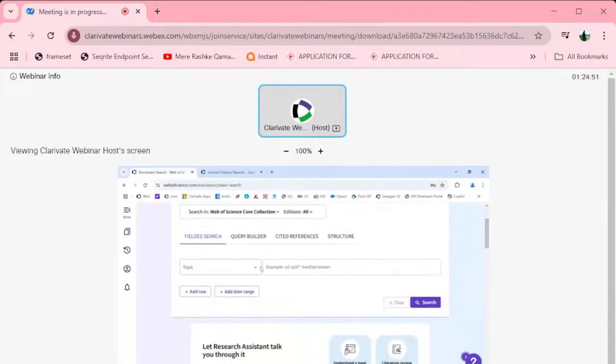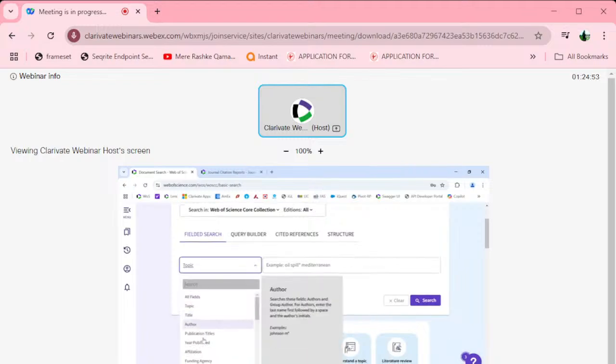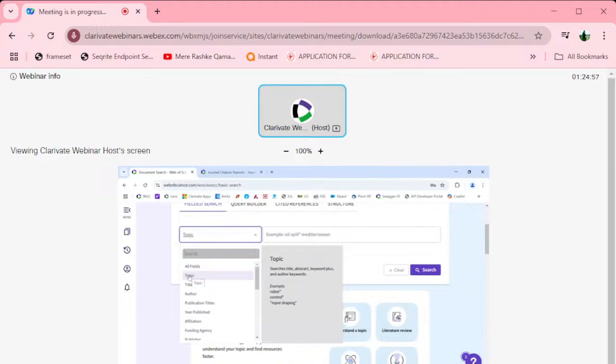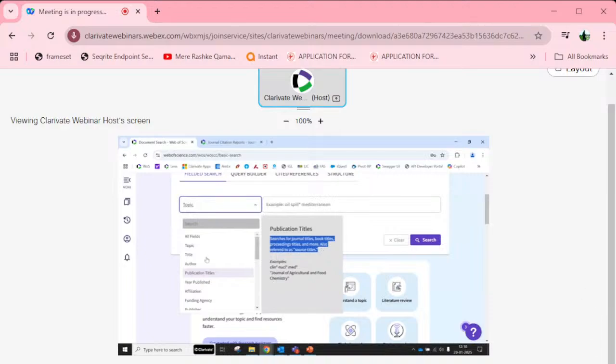Here, we have various things. So you may get a question on, I have asked questions on topic. I took up a question on title. There could be a question on publication years, titles. Publication titles, what does it cover? Read this. This is the definition of publication title. So as you hover the mouse, the definition of that particular thing will appear on the right hand side. So what do you mean by topic? Topic covers keywords. What do you mean by